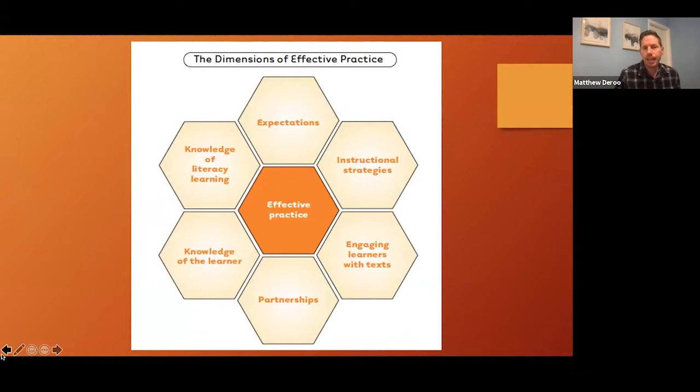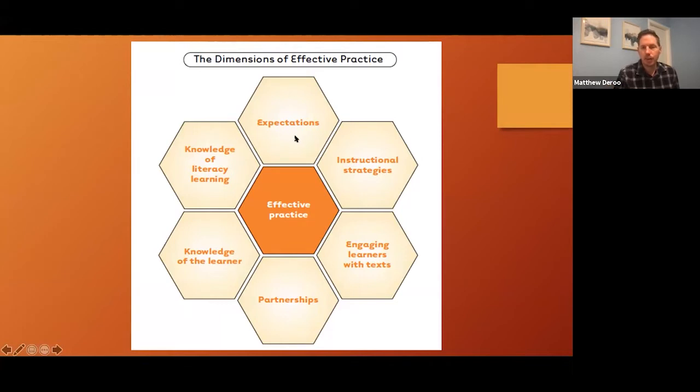And then this is, again, a different one looking at effective practice for literacy instruction. And again, we can see many of the same ideas represented. So partnerships probably refers to families and communities. Engaging learners with texts means that if we want them to engage with texts, they should be somewhat culturally relevant, right? Instructional strategies goes back to the focus on phonics, phonemic awareness, grammar, fluency, comprehension,